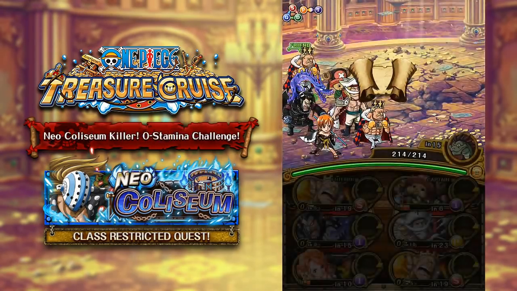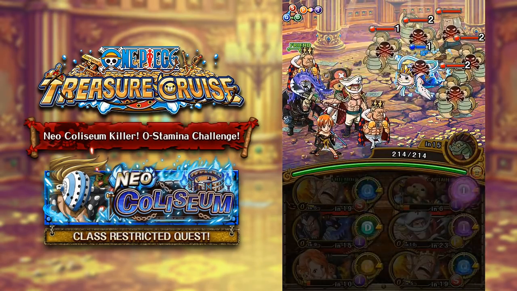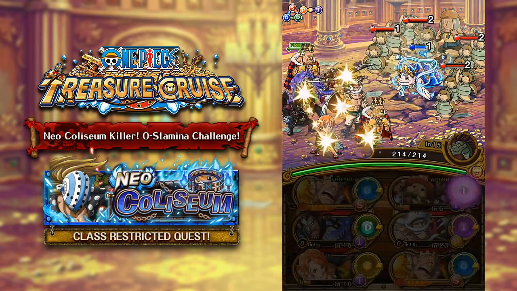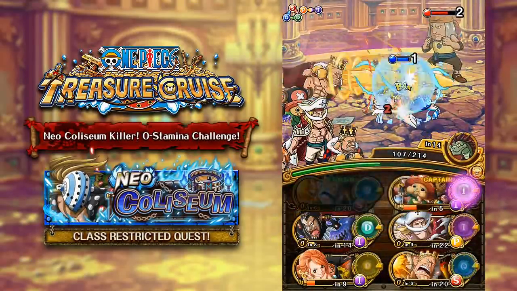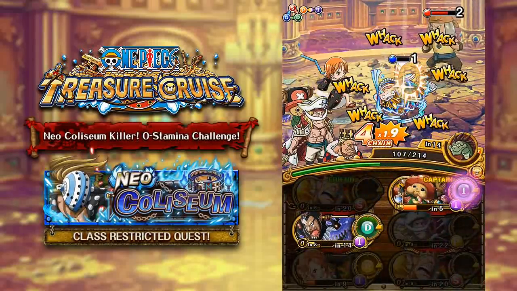So now we move on to the 0 stamina version of Neo COLISEUM Killer, being the challenge difficulty. So this is extremely difficult. I tried for over an hour trying to build a legitimate team that can beat this properly without having to zombie it. I literally couldn't come up with anything, because in certain parts of the dungeon, certain bad things happen, like